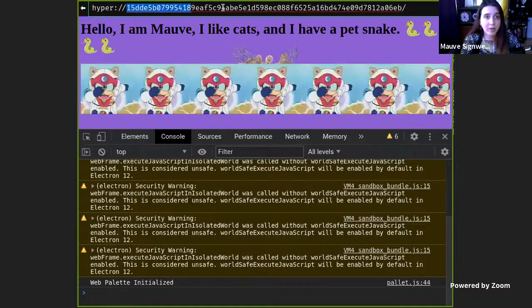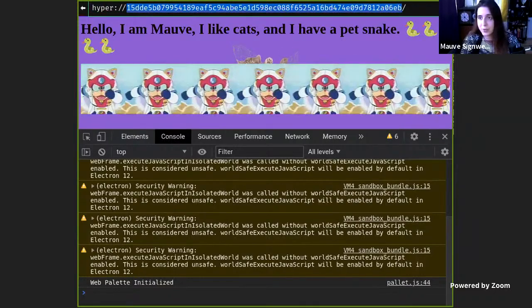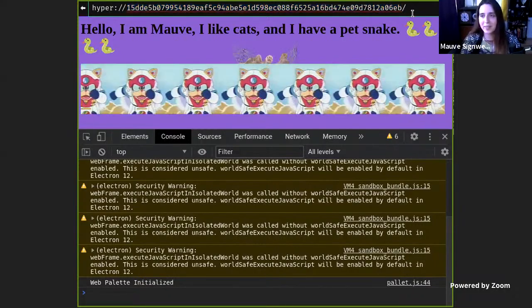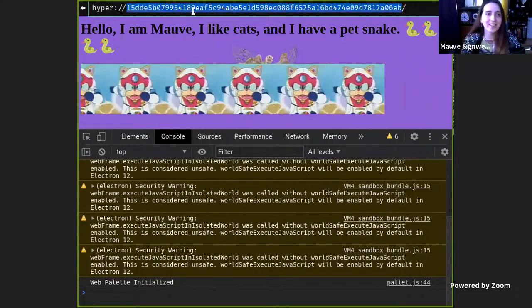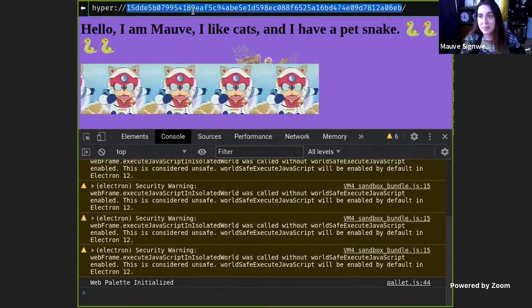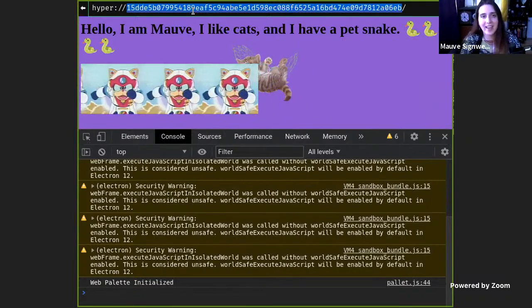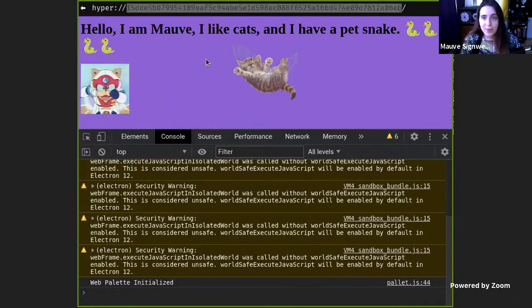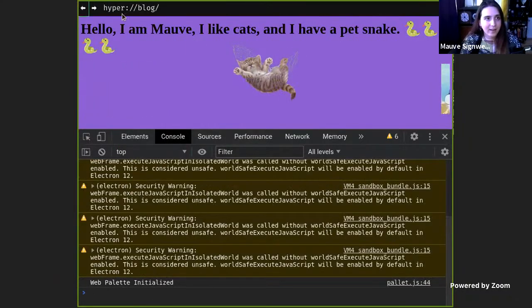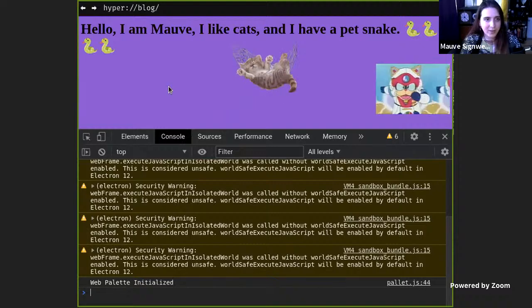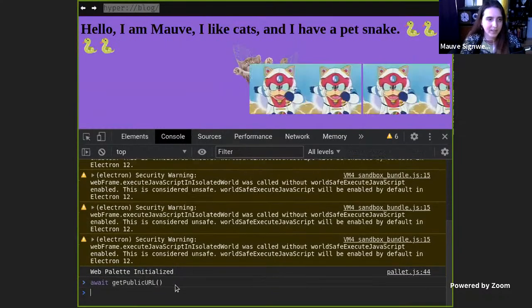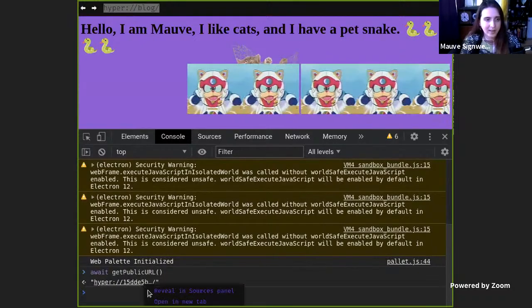And in Hypercore protocol, this is the 32-byte hex encoded public key. So the URLs look super ugly, but this is because they are unique globally and totally offline. Cool. So just to recap again, you open up the DevTools and invoke get public URL, and then copy that